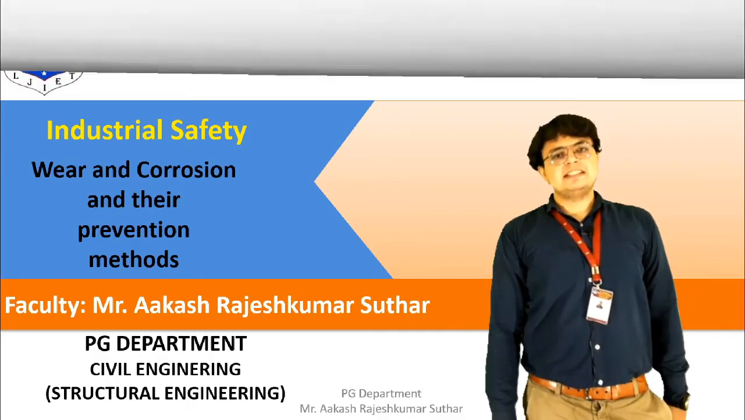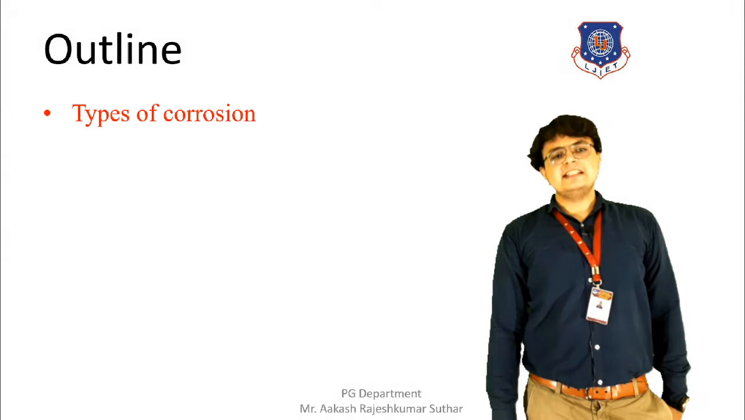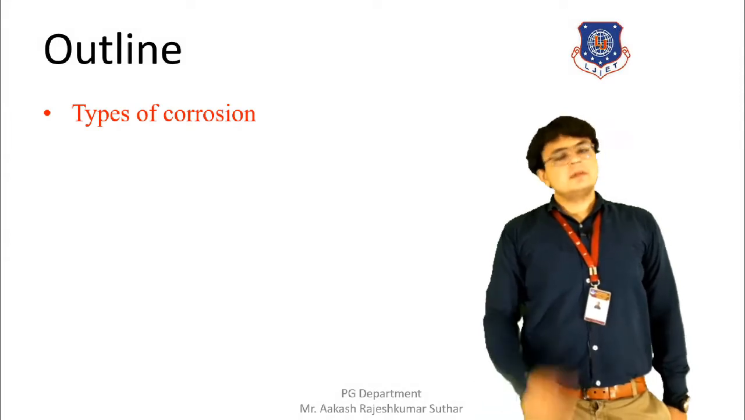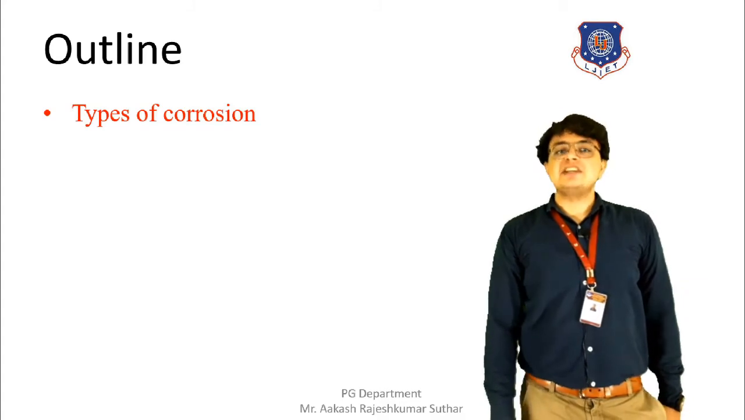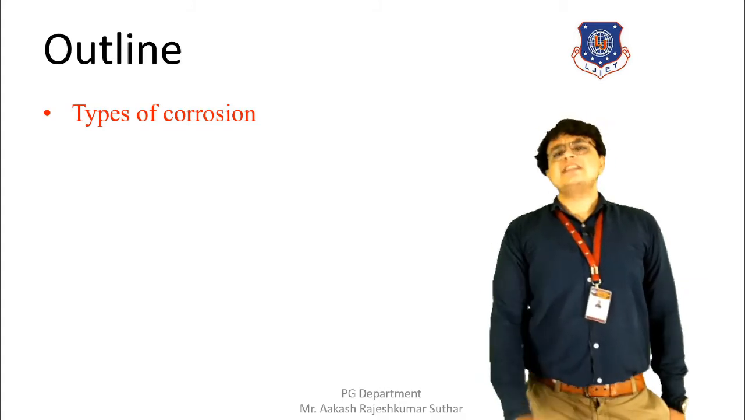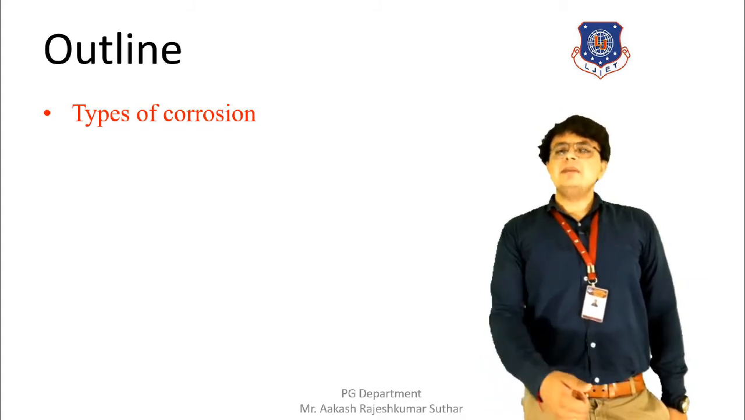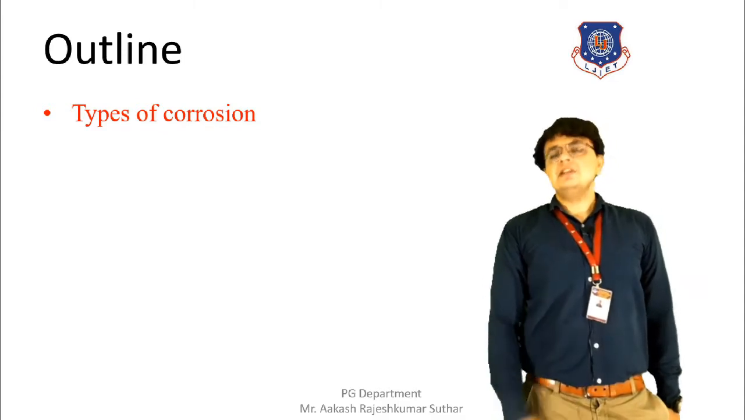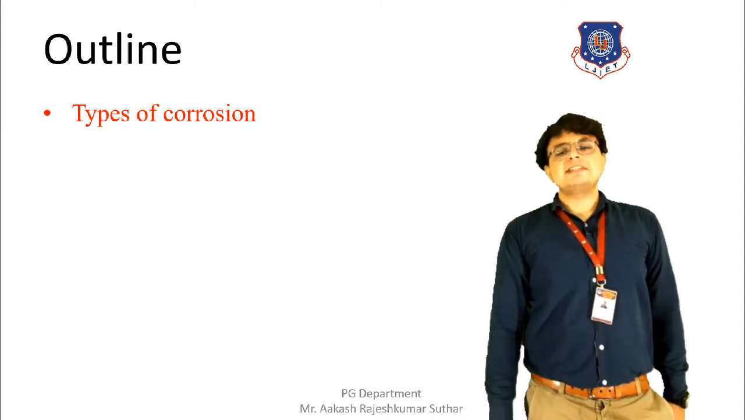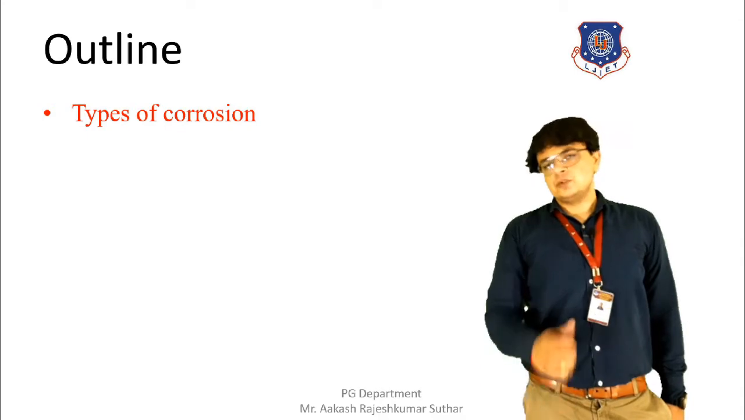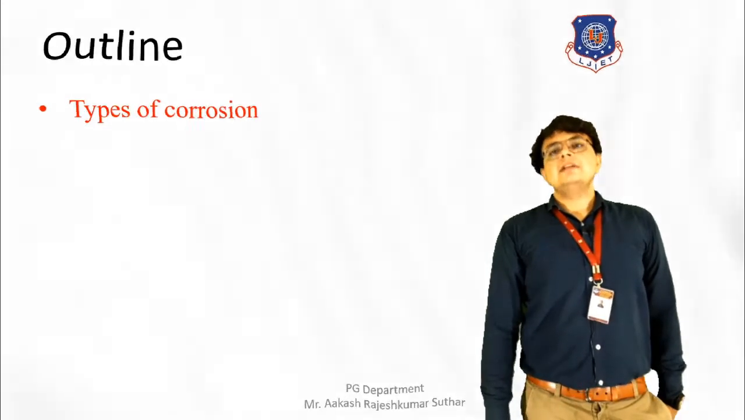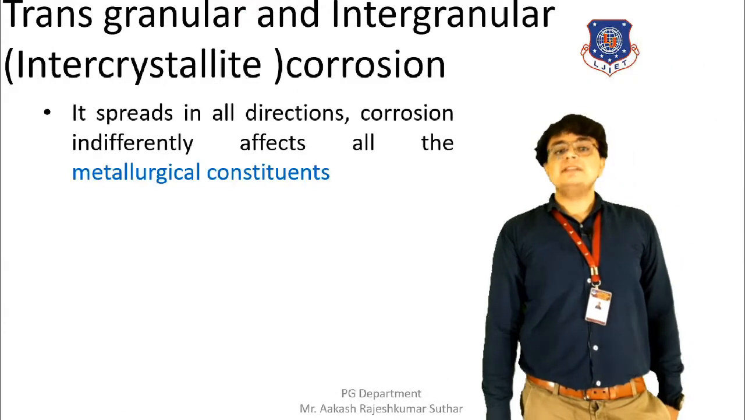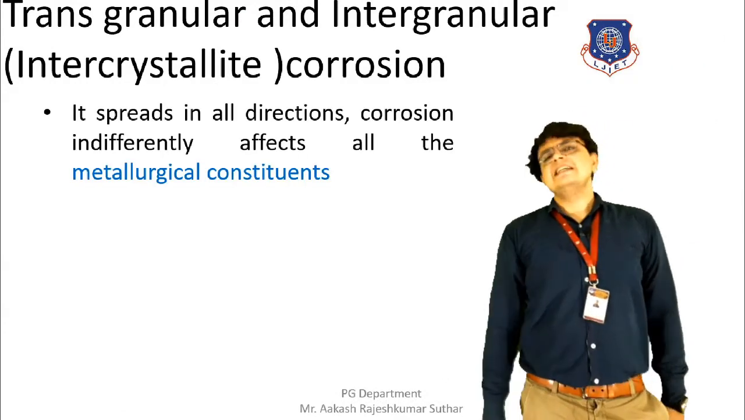First of all, we will see the outline. The outline is nothing but the types of corrosion. All the types that we have listed in the previous session will be discussed. Some of them we will be discussing in this session, and some of them in the next session. So let's start with today's first type of corrosion, and the first type of corrosion is the transgranular